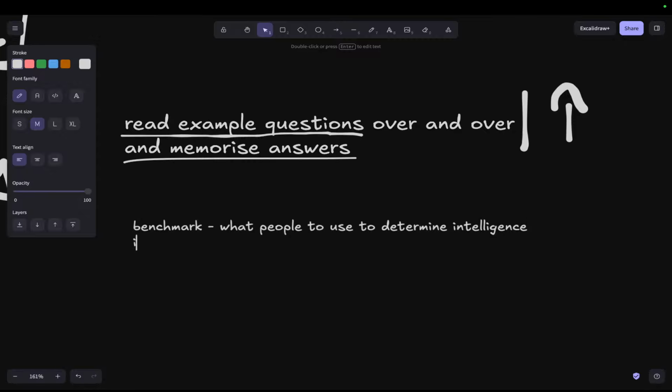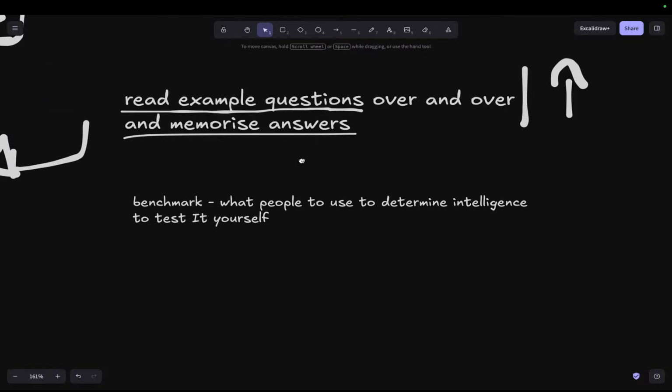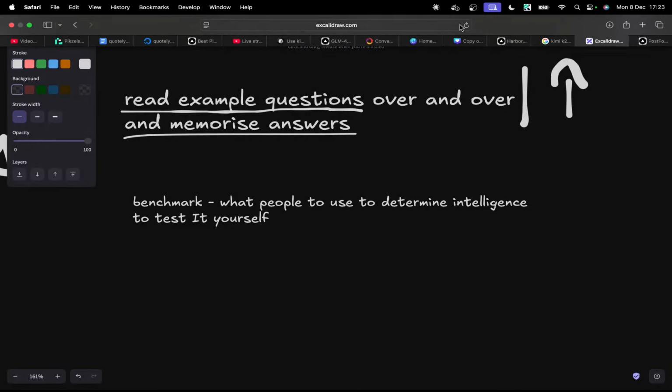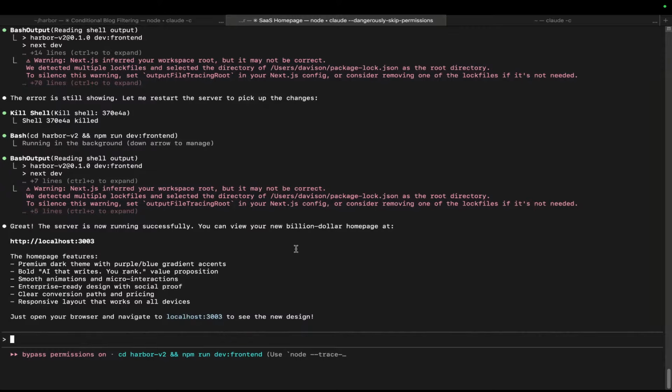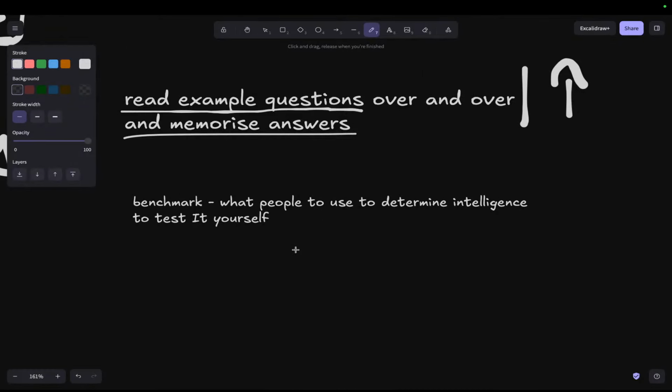The actual way to determine intelligence is to test it yourself. I don't think they do that. I think they do personally, but only XAI does that. I think all of them do it, honestly, personally. This is what I would do, right? I would do it too. Yeah, exactly. If you're an AI company and you want to be the most intelligent in the world, but you don't have